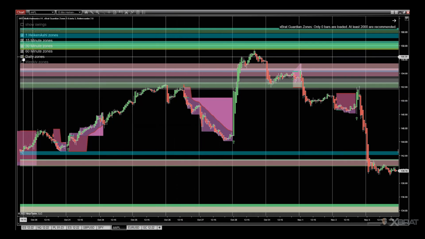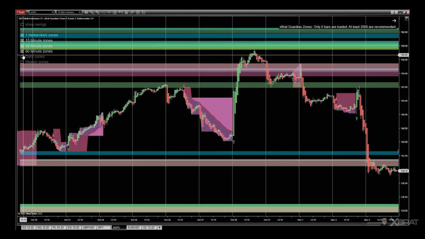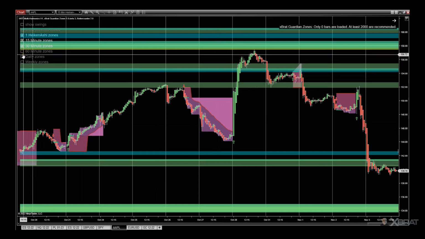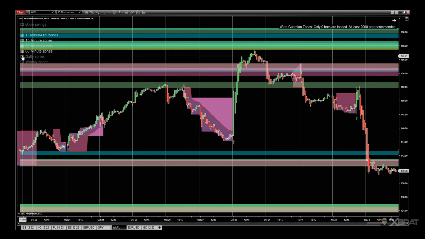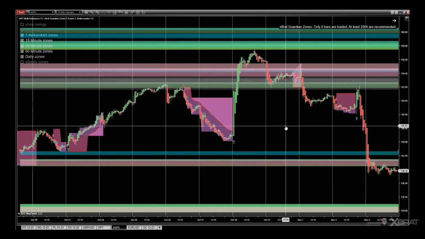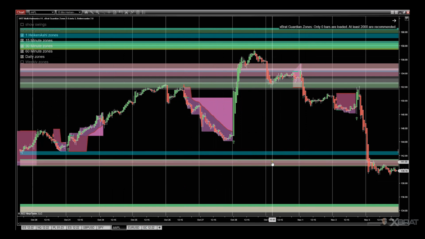Again, I can just take the daily zones off. You'll see those grey ones disappear. I'll take the 60 minutes off. That's just leaving the 15 and the 30 minutes. You can see on this point here, again, very, very strong, but when they overlap with dailies and 60 minutes, very, very strong zones. So I just wanted to really reiterate the importance, whether you're using a roller coaster or